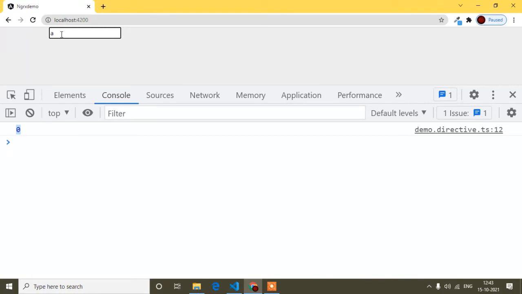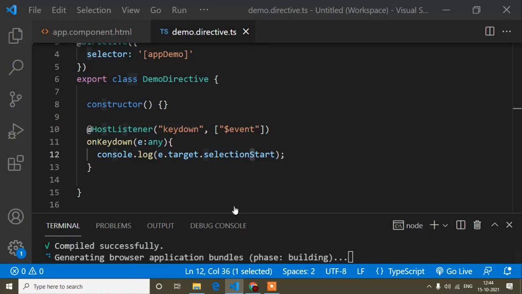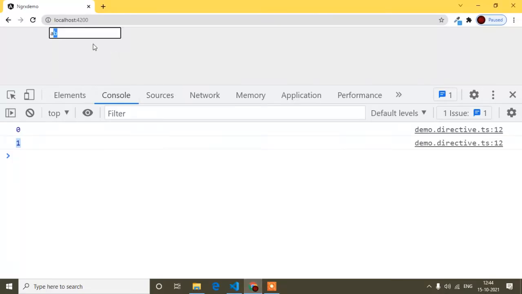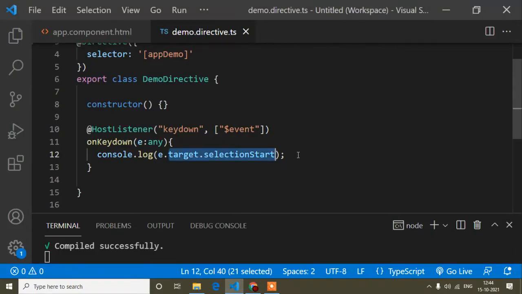Now if I press B, you can see it's showing 1, because now B is at position 1. I'm getting the index right now using the e.target.selectionStart property. Using this, I'm getting the index of the character I'm placing inside this input field. So now I'm getting everything, right? I'm getting the character, I'm getting the index.